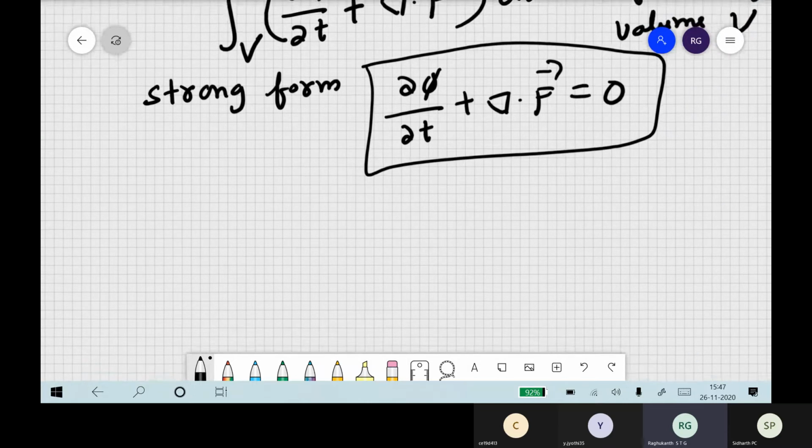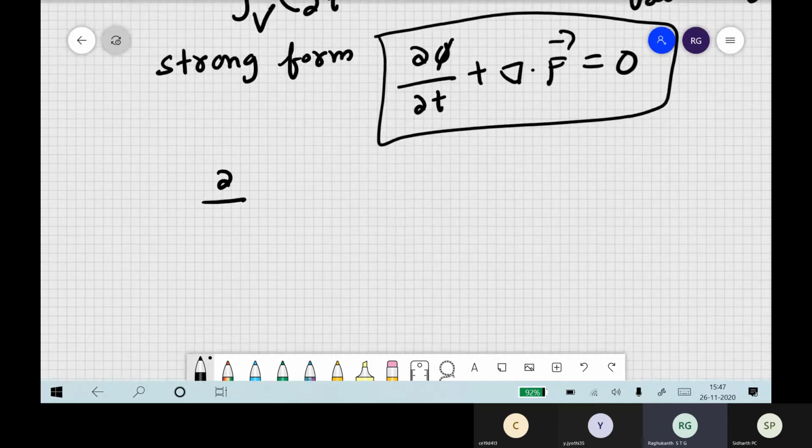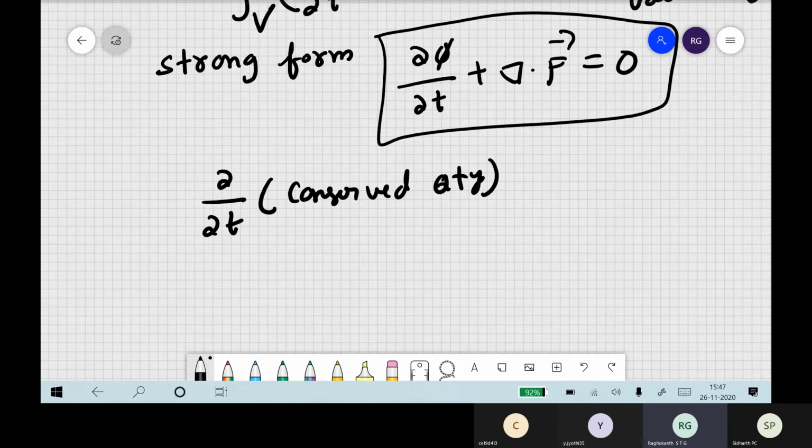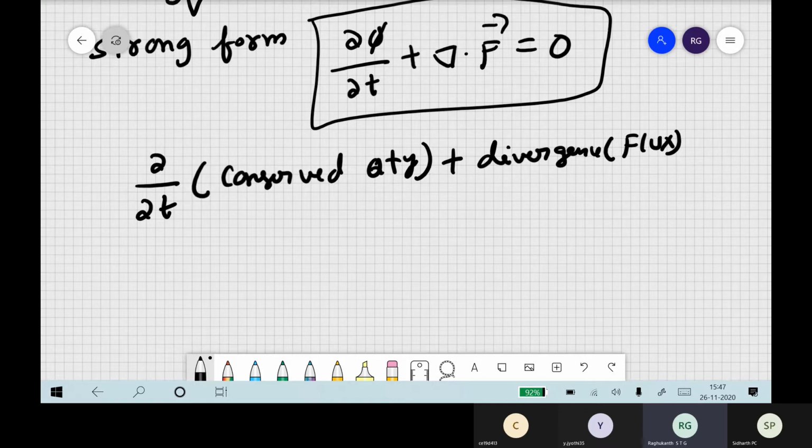Physically speaking, you can also write this expression as ∂/∂t of some conserved quantity. What is it that you are going to conserve? This divergence of the flux: flux is a mathematical term, and there is no single definition of flux. Flux just means, if I have any volume, how much is coming through the left side boundary and how much is going through the right side boundary. That is what the flux indicates, and it may be anything you define.